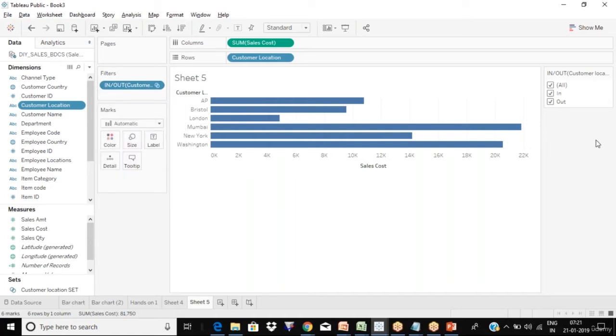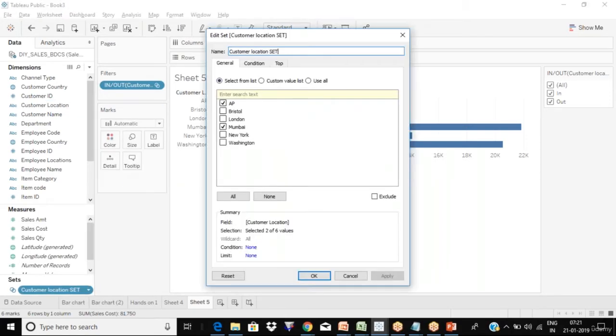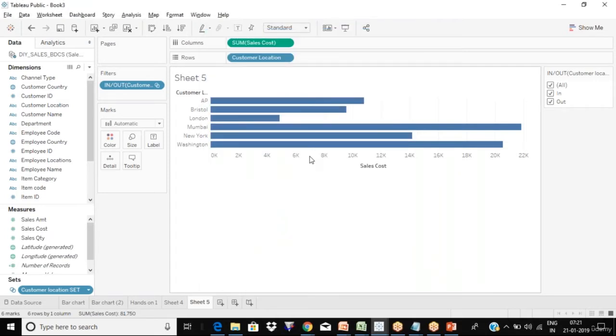Under general, I need to select in and out both. No, I have selected show. I'm able to see the filters. I have already selected the option that has show filter, but I'm not able to look at the in and out option.